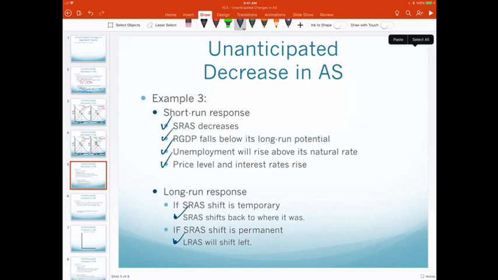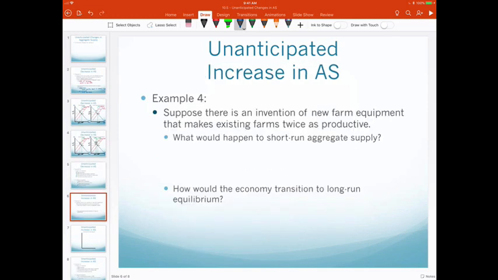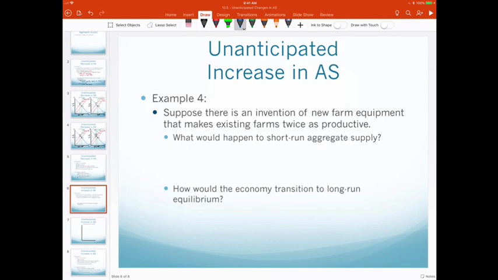Okay, so let's do one more example. We'll call this example 4. And this time we're going to have an increase in aggregate supply. But this time it's going to be permanent from the get-go. So suppose there's an invention of some new farm equipment that makes existing farms twice as productive. So this is going to increase